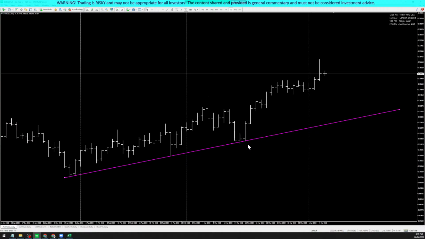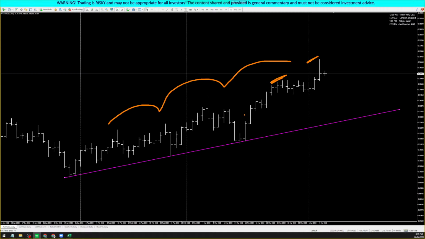Let me remove this Fibonacci line here for you. Ano yung momentum na sinasabi ko? Look at the recent highs, right? And check on them. If it's getting higher than the previous, then yes, that's one good sign of momentum. And if you look at the lows here, right, they are still getting higher from the previous. So if you can connect those waves, tiny waves here, got a little bigger here, so that's a good sign of momentum.